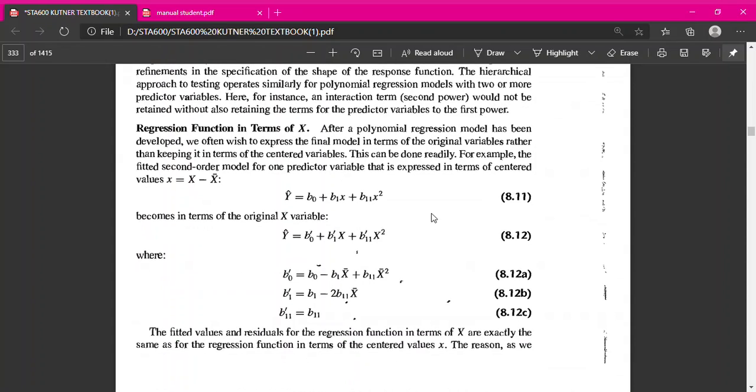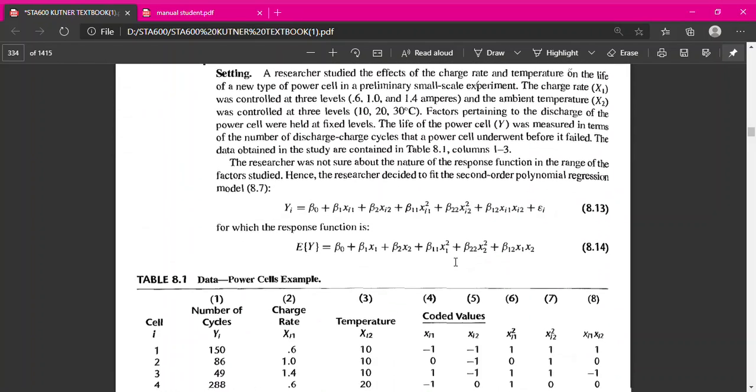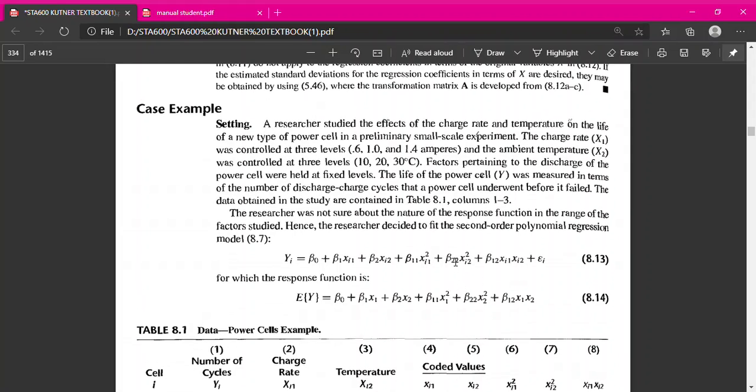Okay, so macam biasalah kita kena ada beta 0, beta 1 and so on ni kita boleh fitkan. Okay, ini contoh data. A researcher studied the effect of the charge rate and temperature on the life of a new type of power cell in a preliminary small-scale experiment. The charge rate, which is X1, was controlled at 3 levels, and the ambient temperature was controlled at the 3